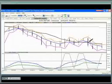has moved steadily lower all day. And if you're watching the market fairly closely, you can say, okay, it has dropped through, and I anticipate if the market closes here, it's going to close enough below that